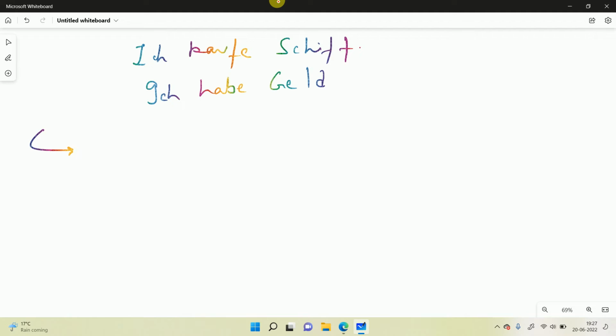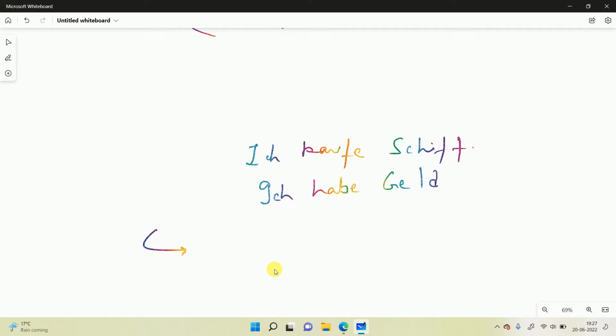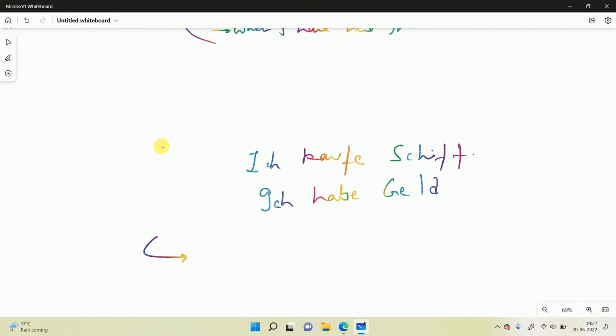That is, a verb will be thrown to the last point. And Shivan, can you give it a try with when at the start? Wenn ich Geld habe, ich kaufe Schiff. Perfect. But it should be kaufe ich, because then the verb is first. Yes, verb is first. So if you are using when at the first place, then blah blah blah, then come to the verb, and then the rest of the sentence. Right? So perfect. This way we can frame the sentences in two ways.